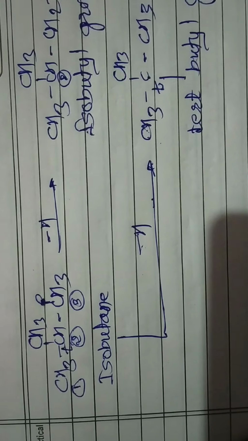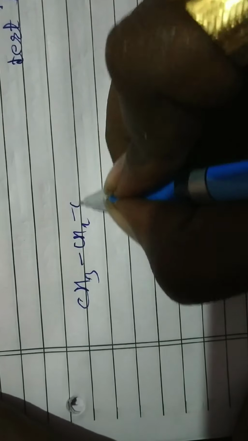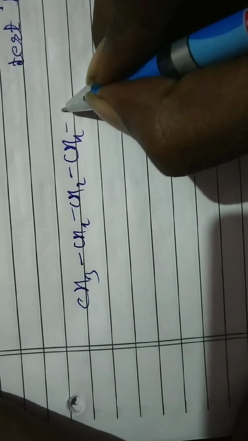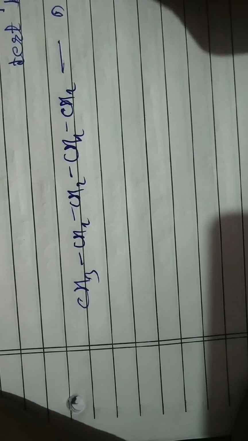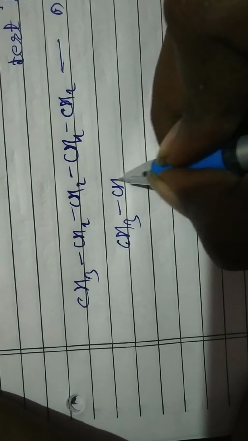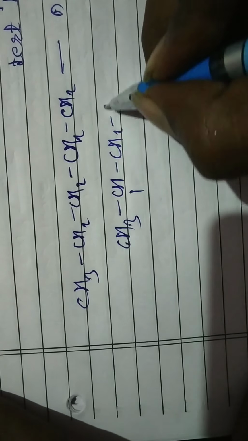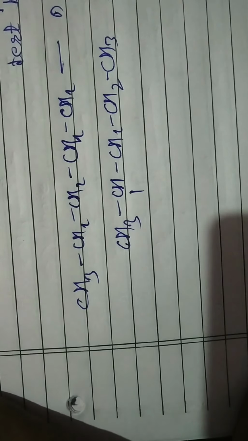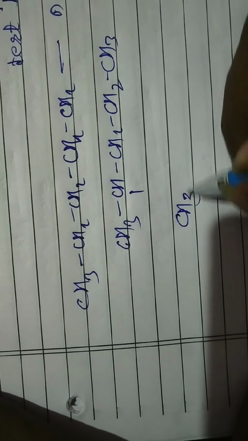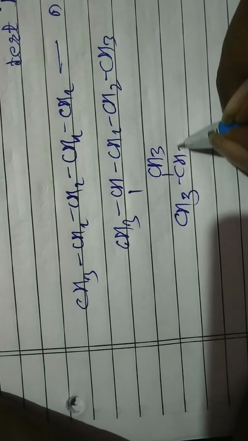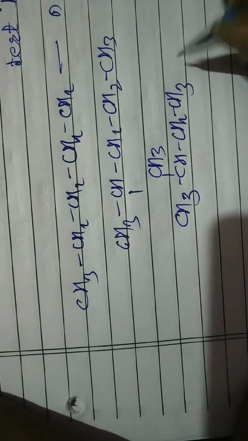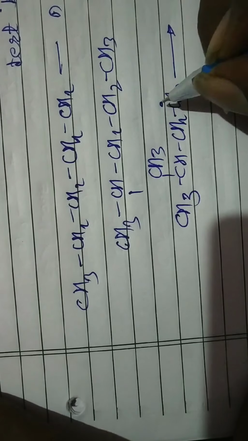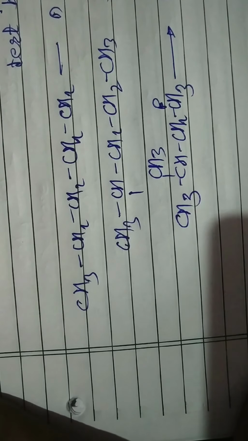In a similar fashion, we can consider n-pentyl, which is obtained from pentane. n stands for normal. This is the n-pentyl group. Similarly, if a hydrogen atom is removed from a secondary carbon atom, it is the secondary pentyl group. In the case of isopentane, if the hydrogen atom is removed from a primary carbon atom, the group is the isopentyl group.